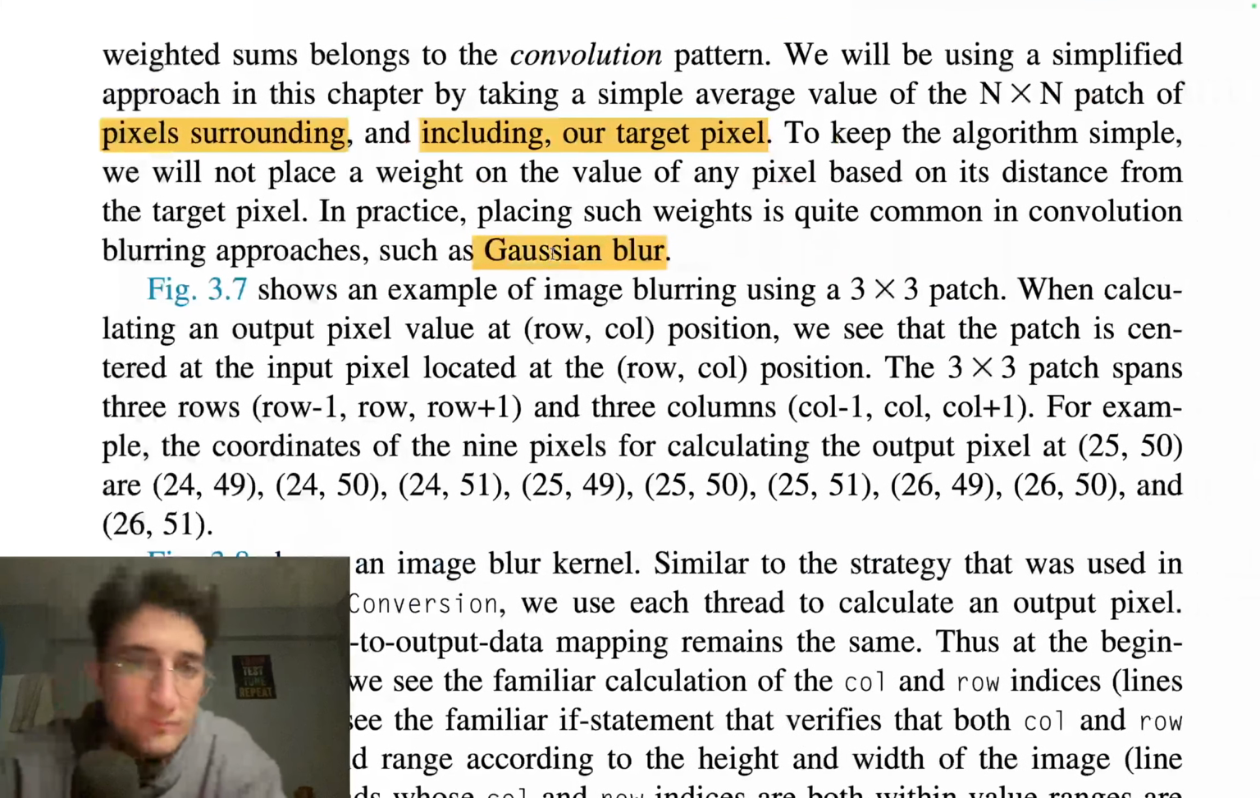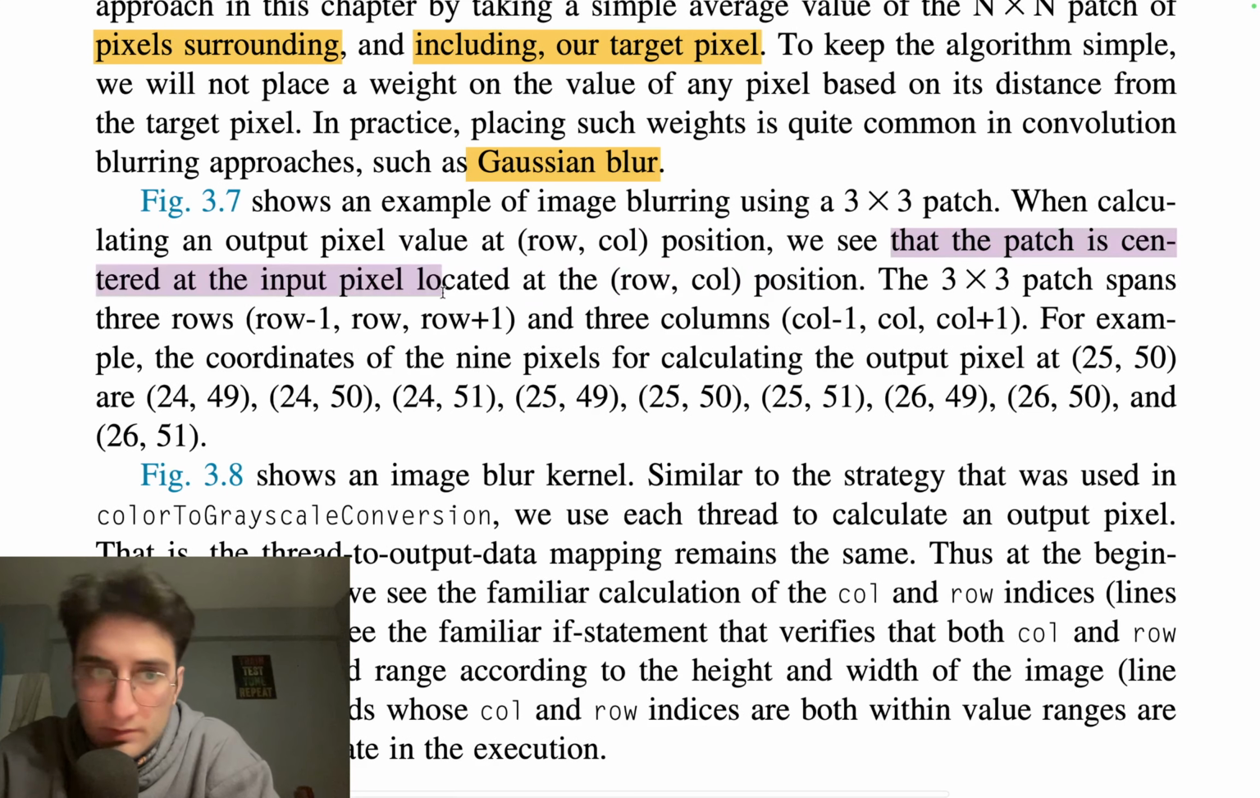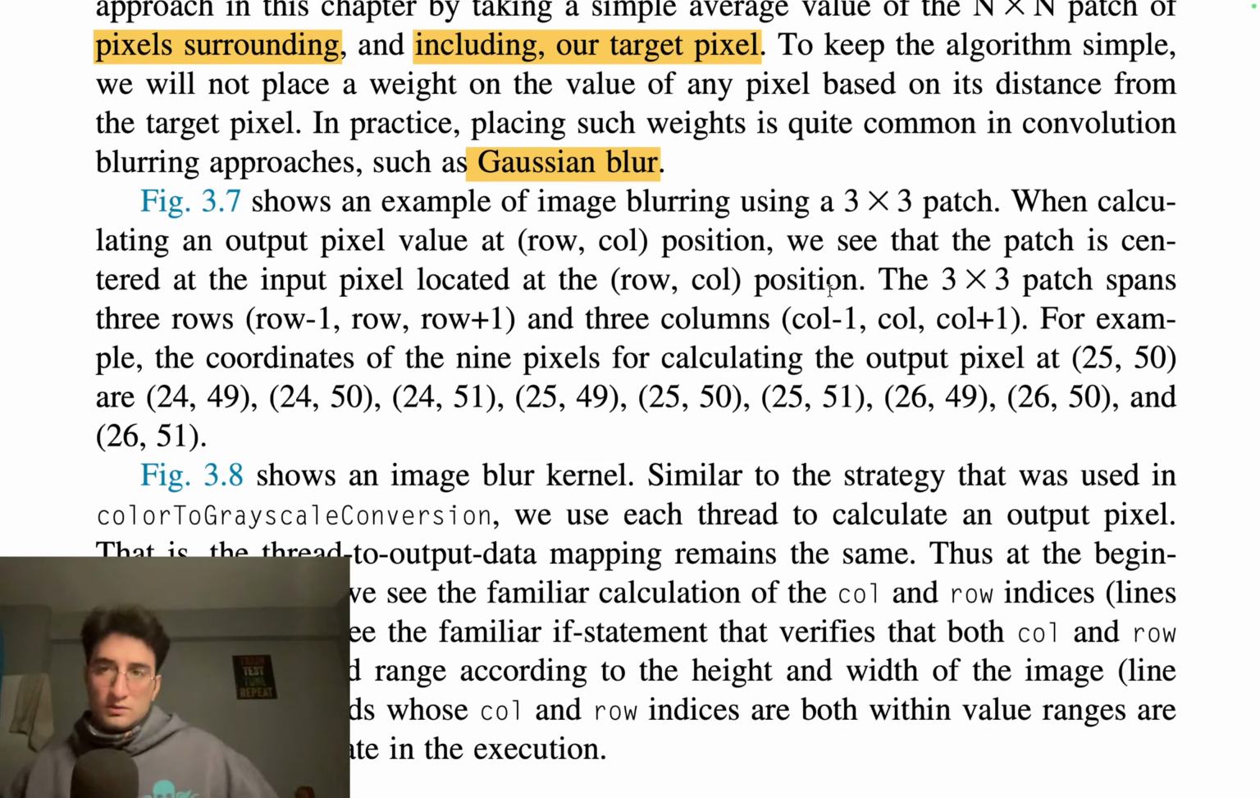Okay, let's continue. Figure 3.7 shows an example of image blurring using a 3 by 3 patch. When calculating an output pixel value, that patch is centered at the input pixel located at the row, column position. The 3 by 3 patch spans 3 rows and 3 columns. For example, the coordinates of the 9 pixels for calculating the output pixel at